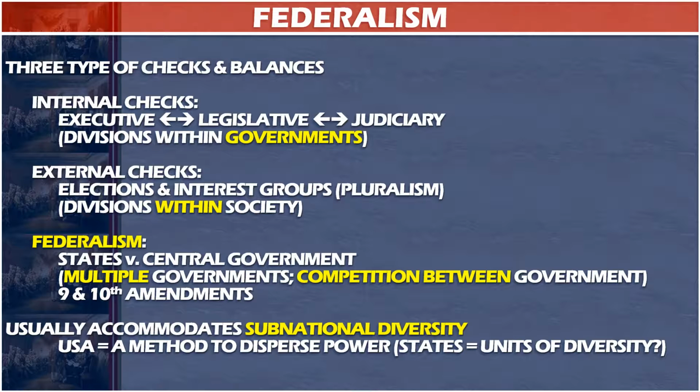The third system of checks is federalism, where you have a competition between states and central government. Essentially, you get the deconcentration of power by having multiple governments and having these governments compete with each other. And this is based in the 9th and 10th Amendments of the Constitution, which reserve powers to the people and to the states. Now, one thing about federalism is that usually federalism is adopted around the world to accommodate subnational